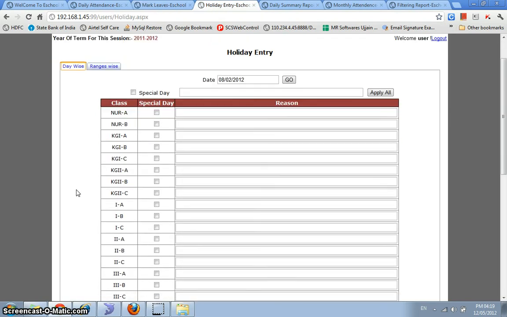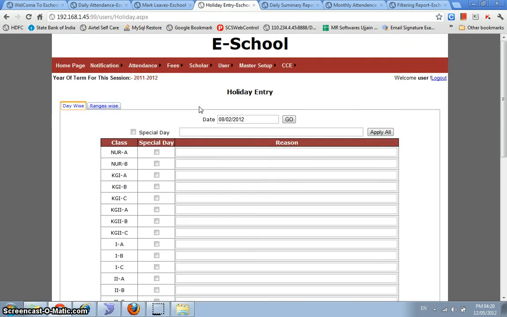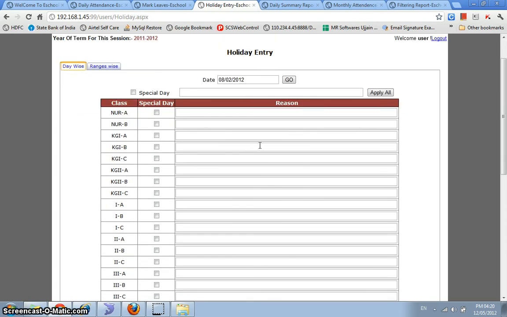This is the holiday marking form. Now herein we have made a provision to enter a holiday for each section and each class. So basically you can just declare a holiday for, let's say, the primary section and the higher secondary, and the middle and the higher section would still be working. So that way, now I'll just show you an example. But first up, for any date you can just select the date and mention the reason of the holiday and select the classes where the holiday has to be applied.